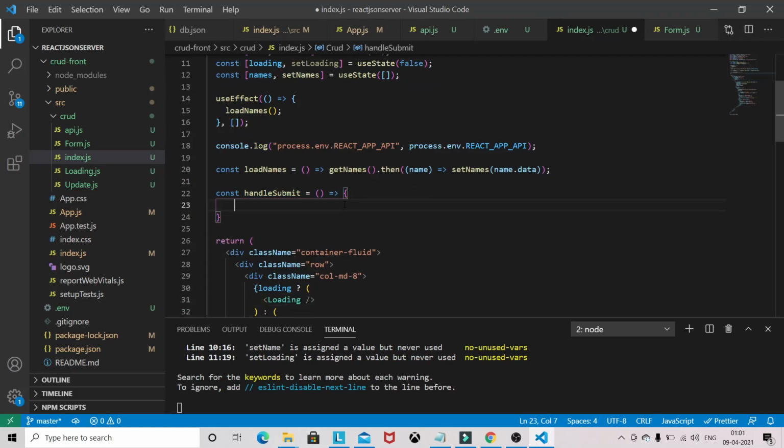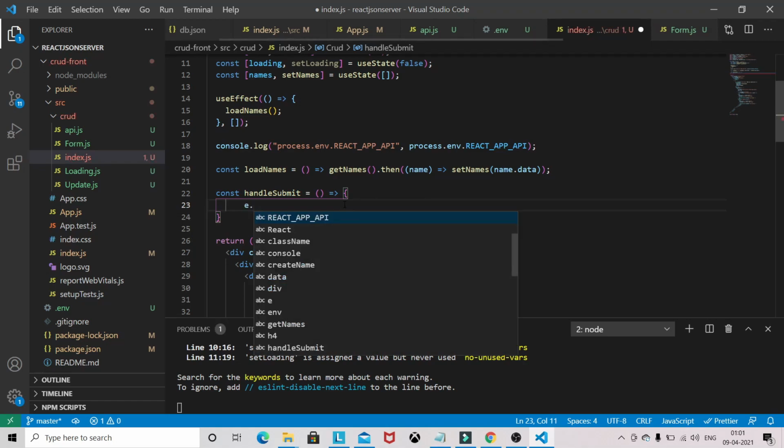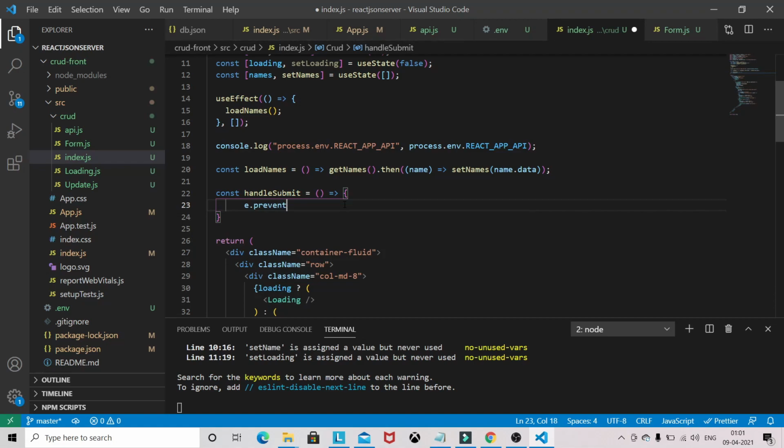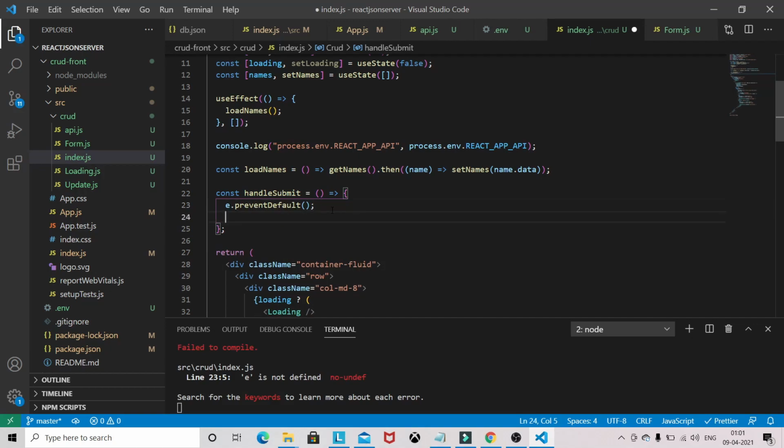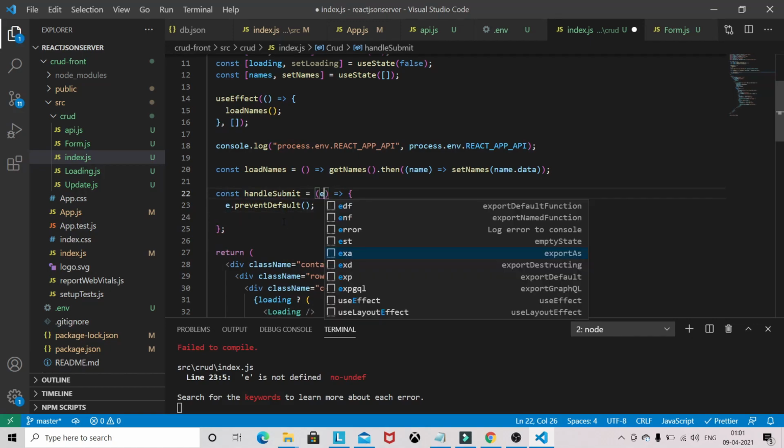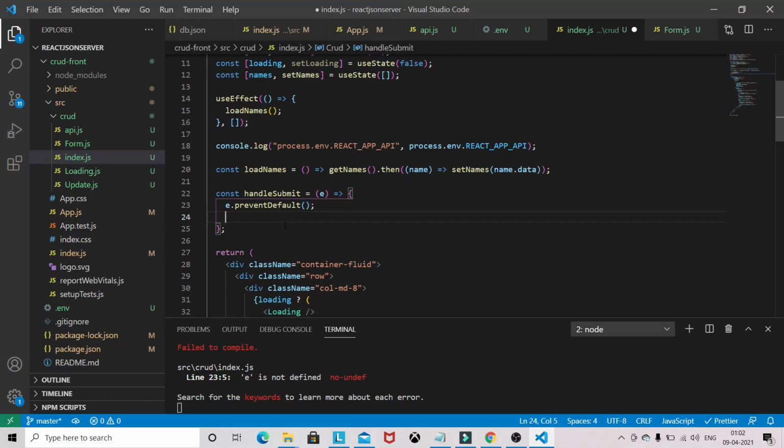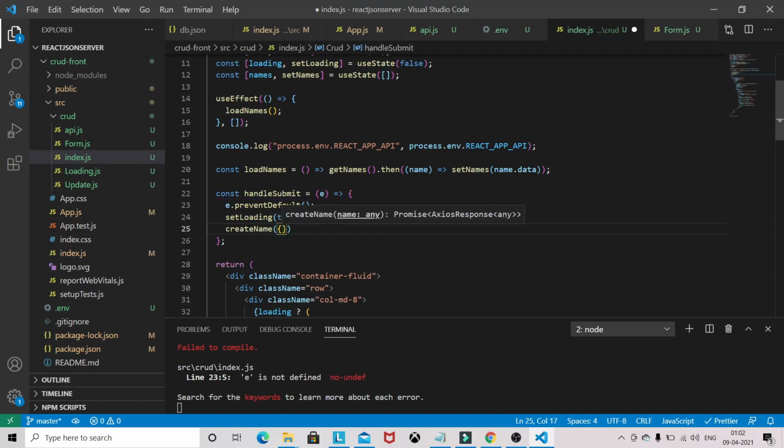So come back to our handleSubmit. First we need to stop the auto submission using e.preventDefault, where e is the event. Now setLoading will be true here, and we will be calling this createName and passing the name.